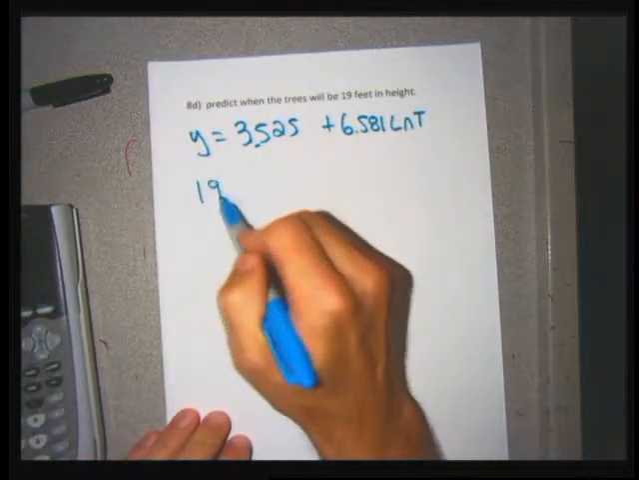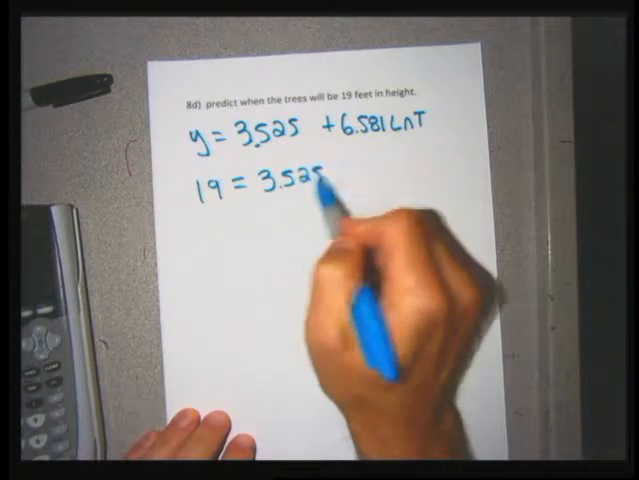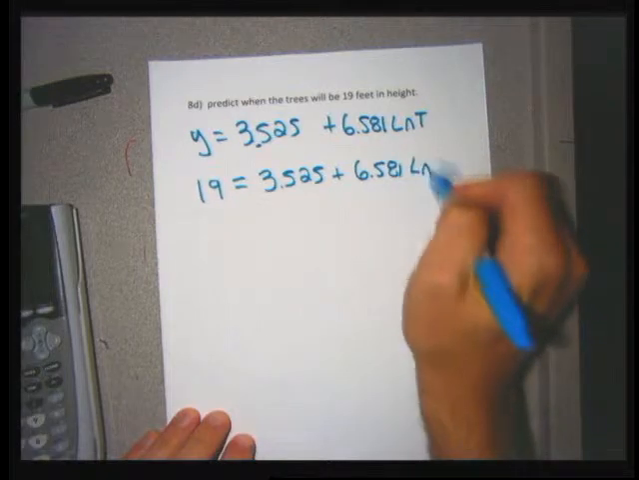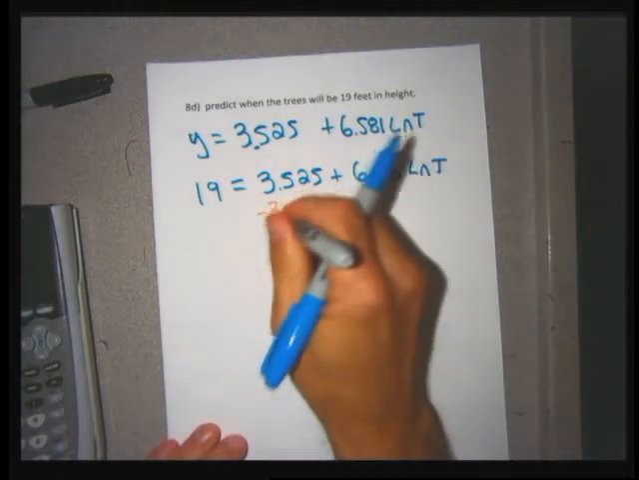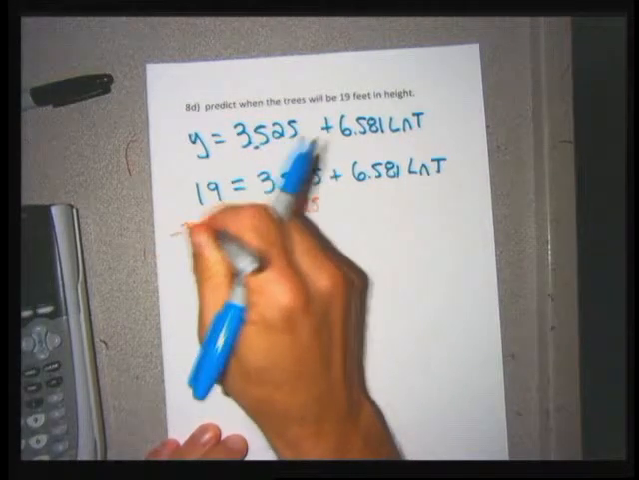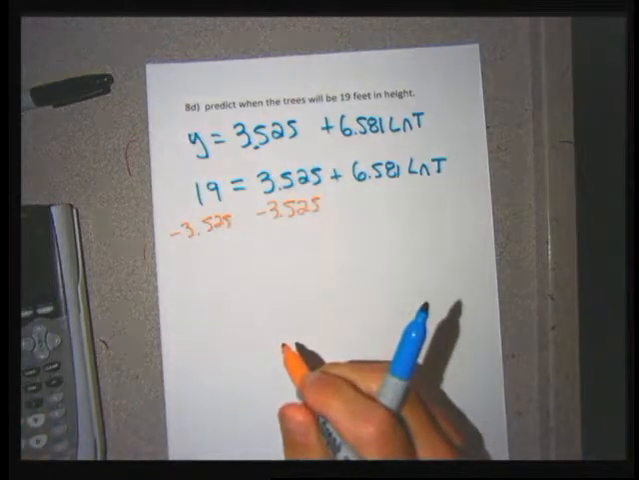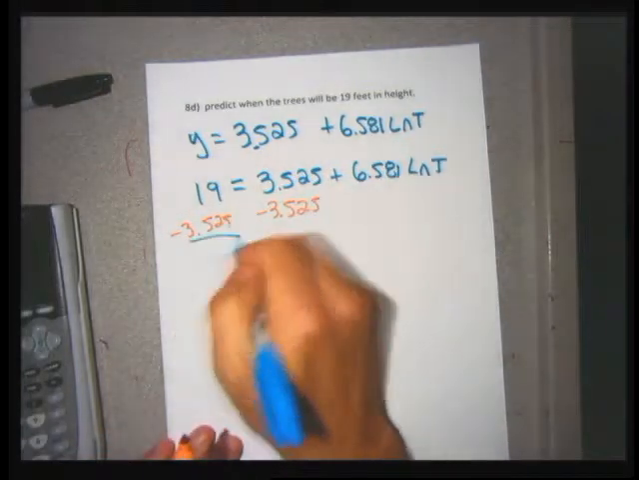So I'm going to get 19 for the height, which stands for the y's, equals 3.525 plus 6.581 times the natural log of t. Take a few steps to solve this. The first thing I'm going to do is subtract 3.525 from each side. I'm going to use my calculator on the left side: 19 minus 3.525. I don't care to try to do that in my head. When I do that subtraction, I get